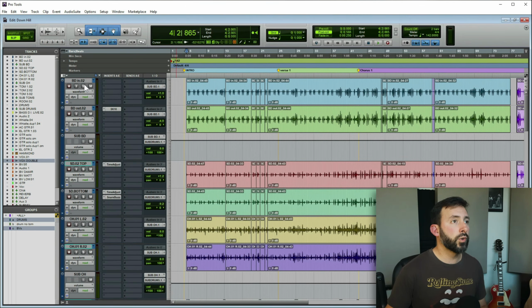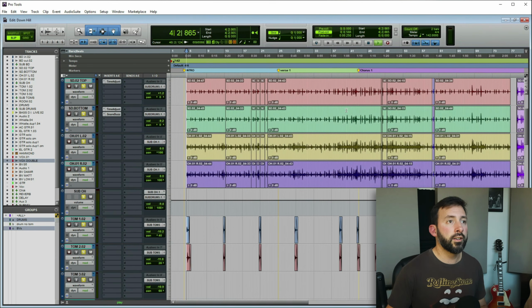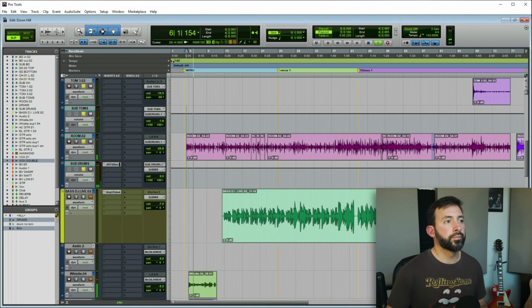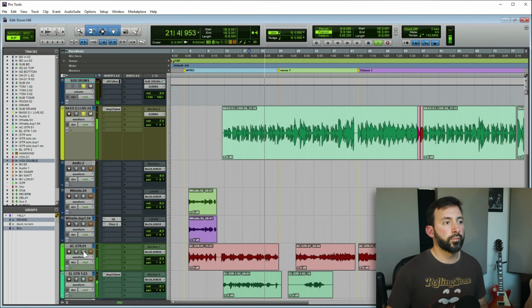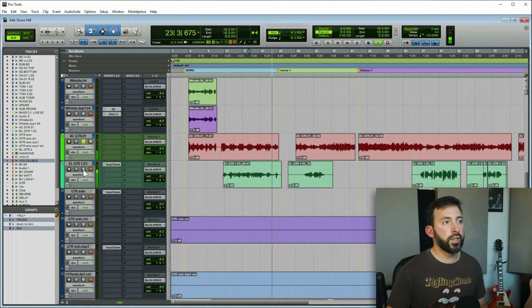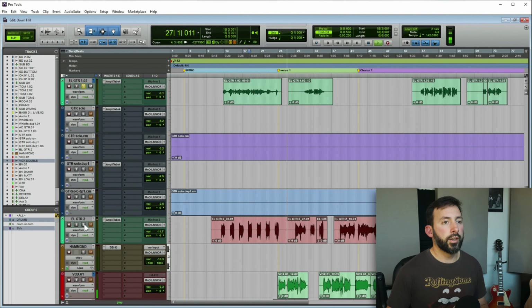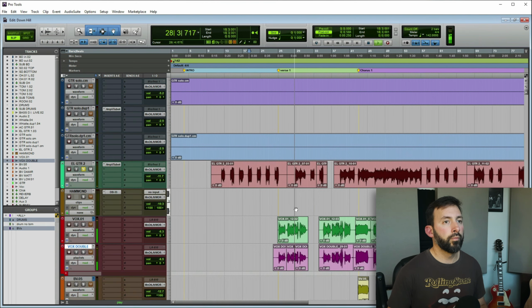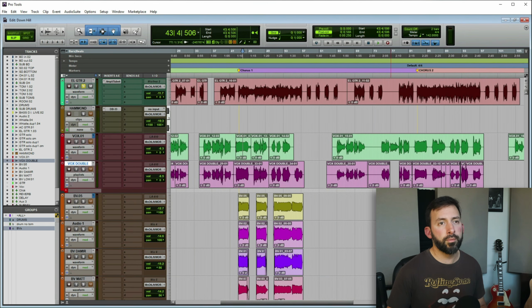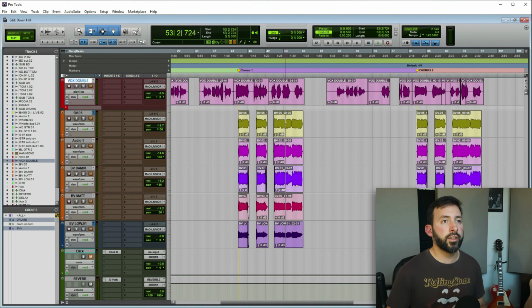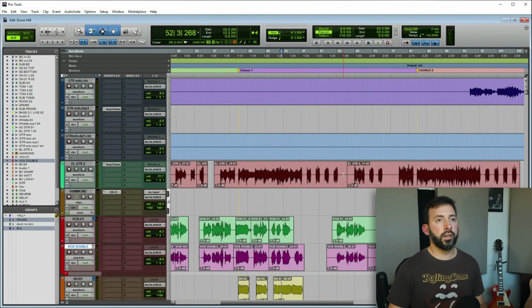So here you can see all the drums on this first part. Then it's a bass here. Acoustic guitar, electric guitar, another electric guitar right here, and vocals here. If you notice, the vocals are doubled, so he doubled the vocals on the whole song. We ended up not using the double for the whole song, and here are the backing vocals. All right, so those are the elements of the song.